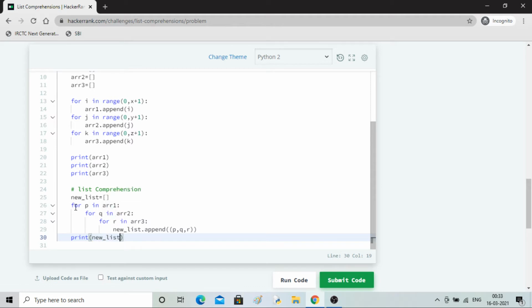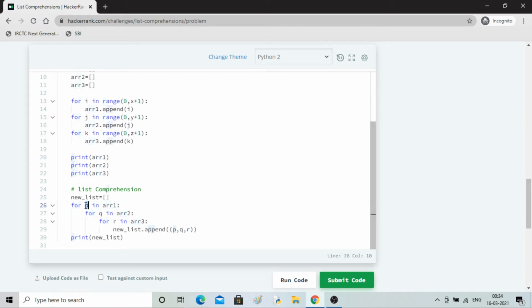So what I've done is three for loops. First it will take the value of p inside array 1. Array 1 has 0, 1, array 2 has 0, 1, array 3 has 0, 1. So first p is 0, then 0, then 0, and it will append to our new list, that is the p, q, r value. So 0 0 0 will get appended, then 0 0 1 will get appended, then q will be converted into 1, so 0 1 0, then 0 1 1.